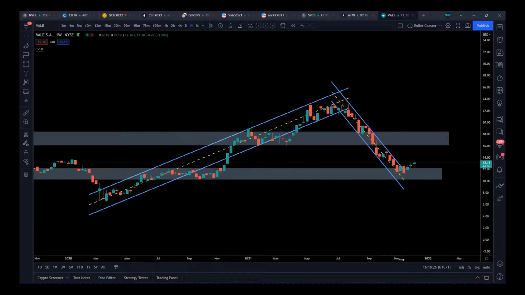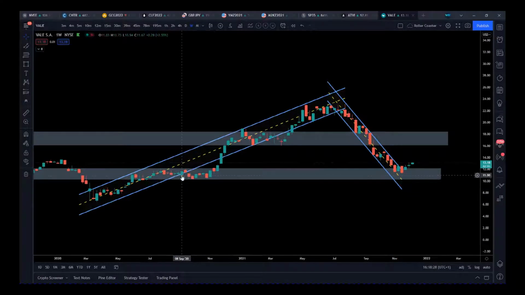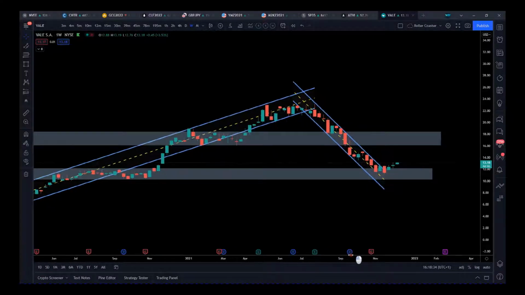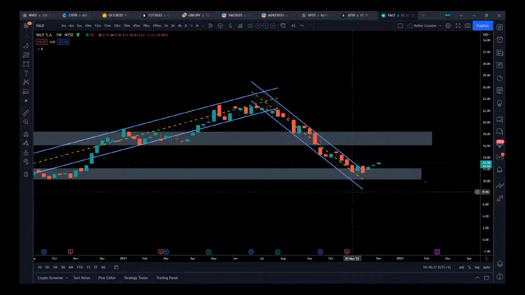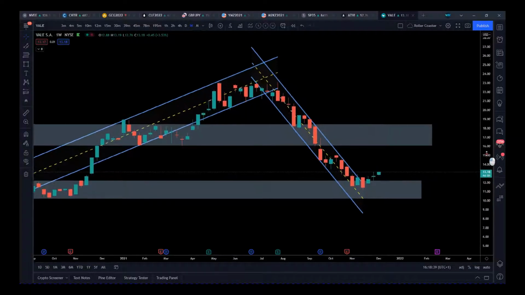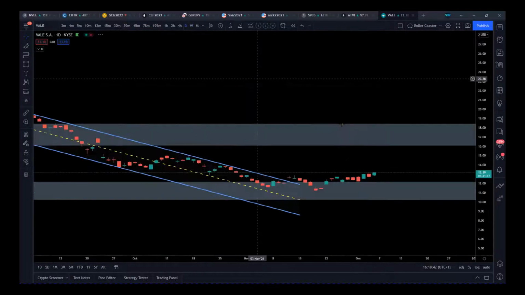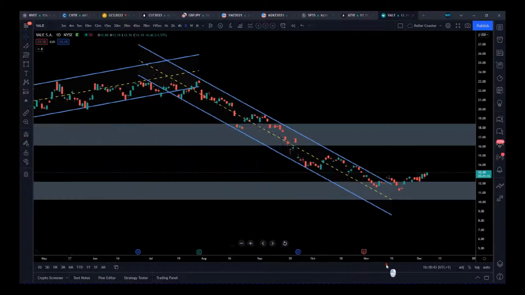Now, one of the things that we can do is trade those trends, and my roller coaster, the xBrat roller coaster, is great for doing that, but also the trend reversals as well. We need to be looking at that. So what I'm going to do is just go down to the daily time frame and look at the trend reversal that we had